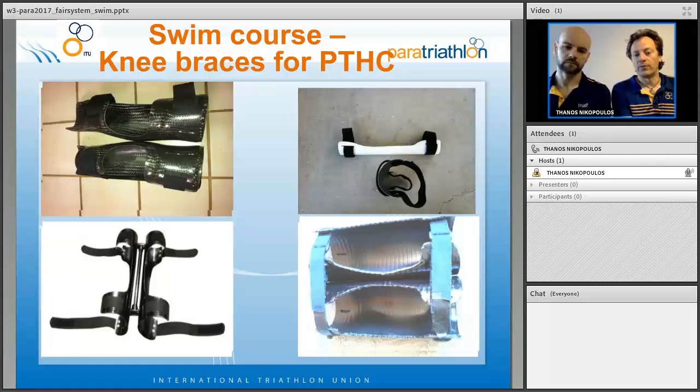So we normally approve these in advance. It could be that you are faced with an unapproved piece of equipment in a race, and you just have to make sure that it follows the very standard guidelines that we have, which is it cannot capture air. It has to be made out of a material that is not floating, so PVC, carbon fiber, etc. There is a document on the IAD website with all the approved knee braces. This is under the competition rules section, so it will be good for you to print this document and have it available.